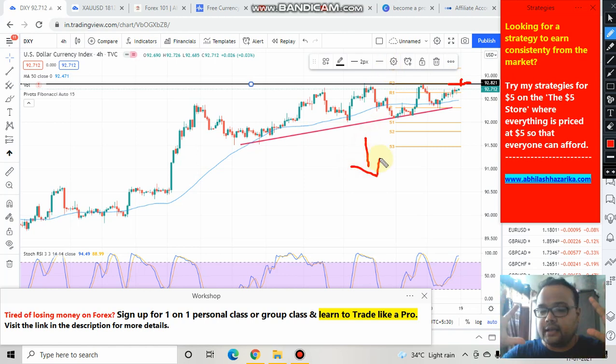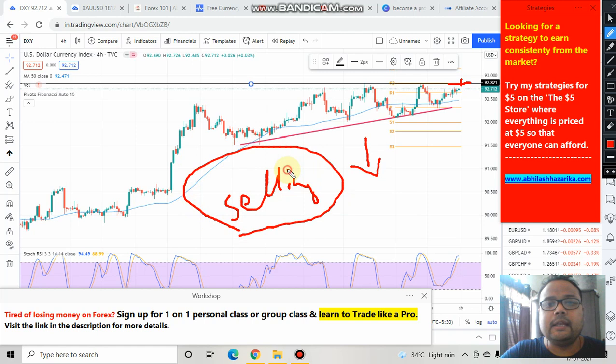So if we look at the overall scenario of gold USD, then there is a bigger possibility that we may see some selling pressure only. The only thing that may take the price towards the upside is the support from the 50 moving average, but that is not that strong. It is a dynamic support. Therefore, the other factors are very much stronger in comparison to the 50 moving average, because it is just an indicator, and we cannot rely much on indicators.